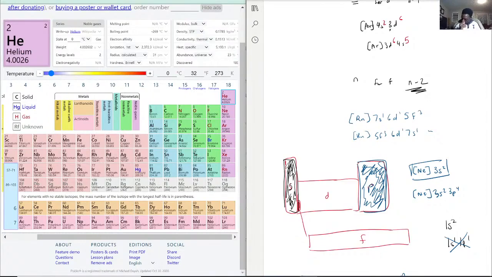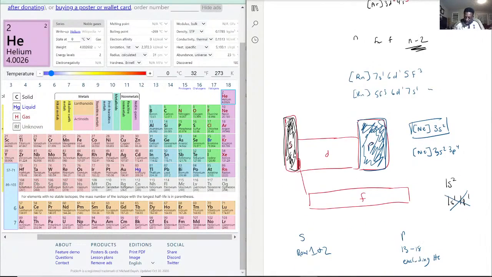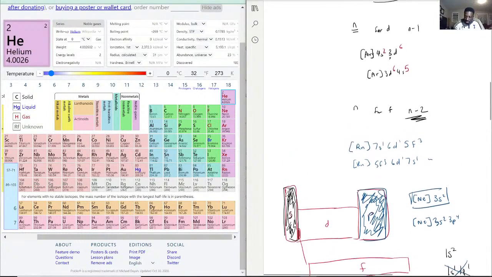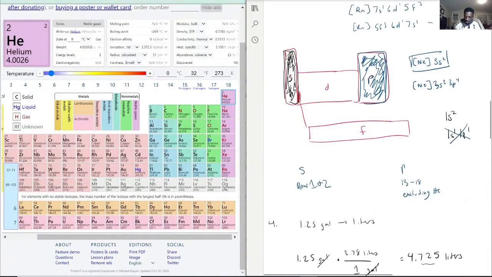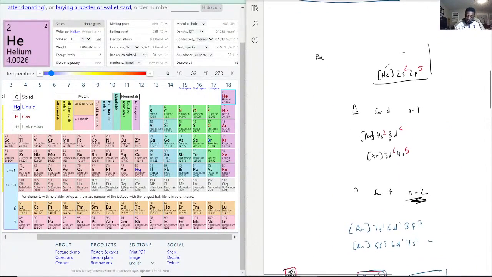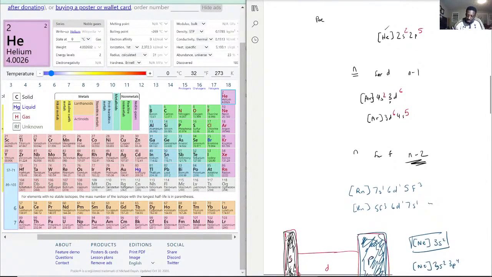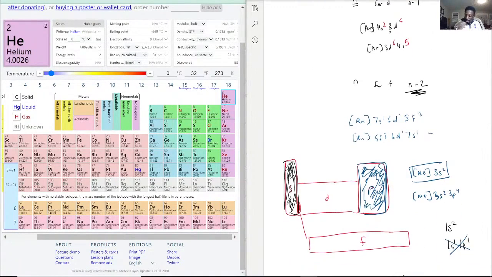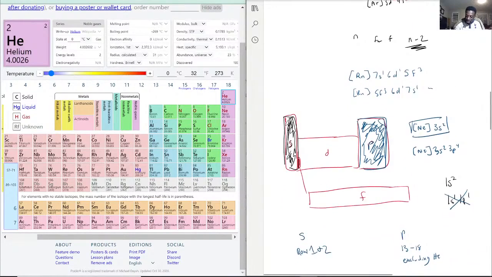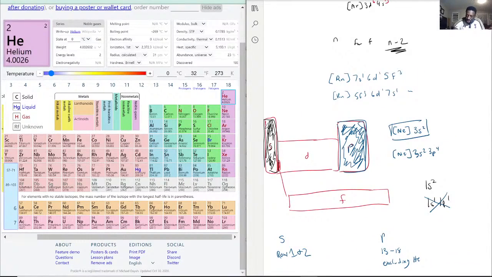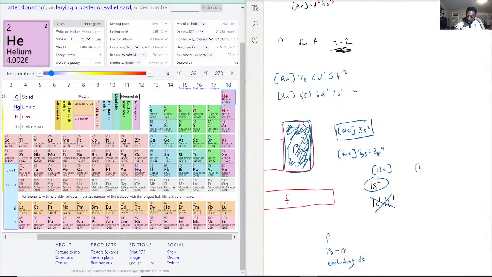So, with that, neon, as I said, the way you'd write that, let me see if I wrote it. I did write it. There we go. Neon, nope, that's for fluorine. I wrote it down somewhere. Well, I'll just write it down again. So this one here is an example of helium. It's just 1s2. Neon